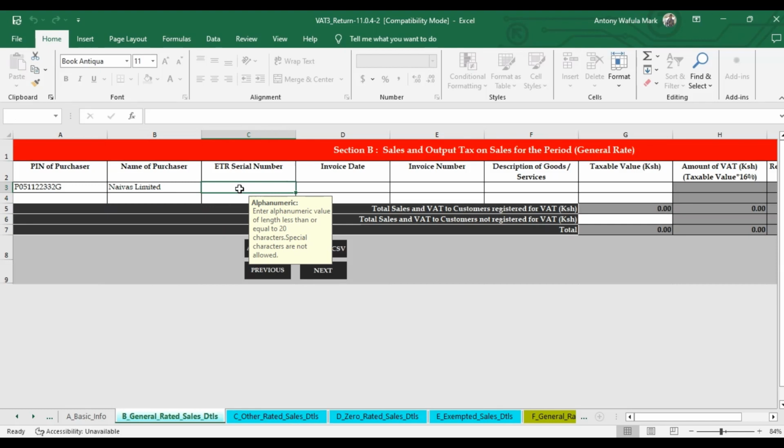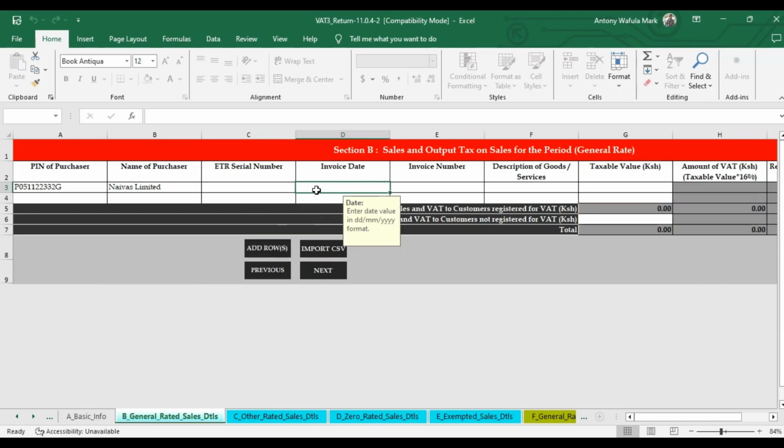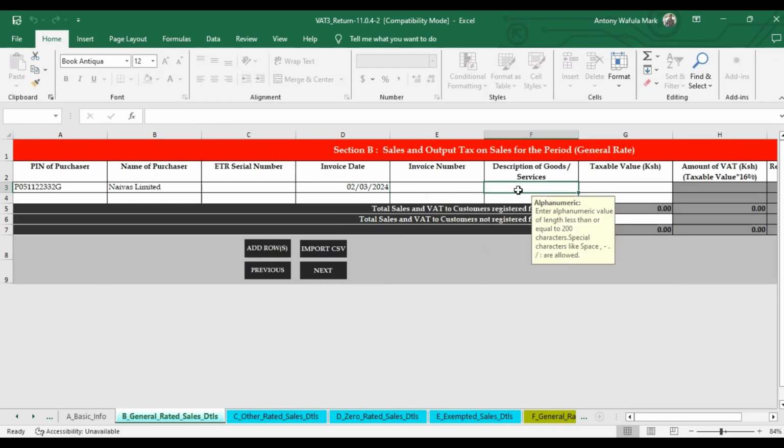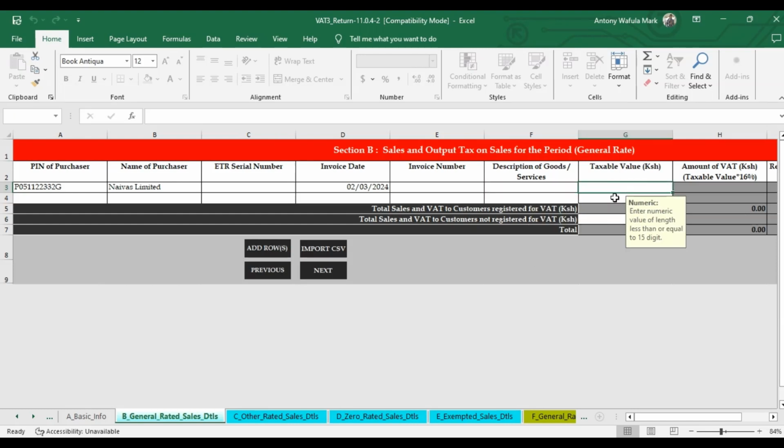And then the ETR serial number, of course, you can get it from the ETR receipt. You can type in the invoice date from that receipt as well. Say it was on the 2nd of March 2024. Then the invoice number, get it from the receipt. Describe the goods according to how it's described on the receipt. And then the taxable value here,